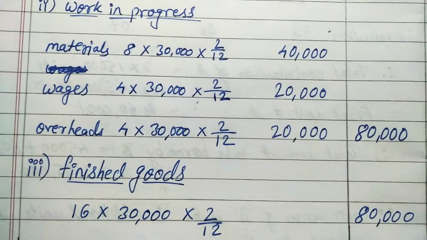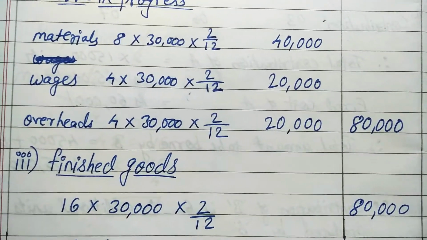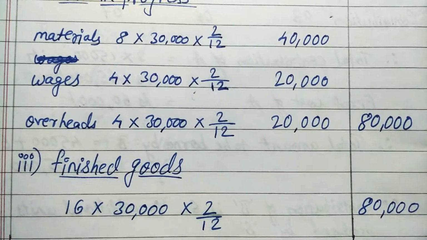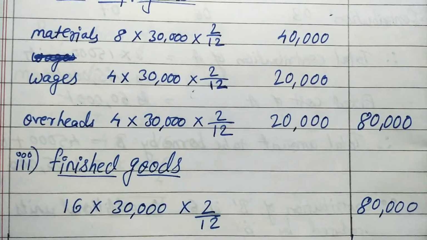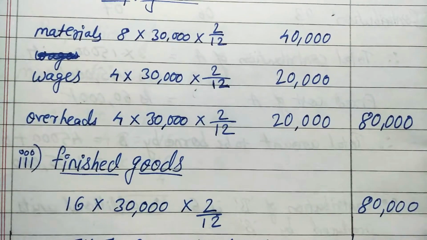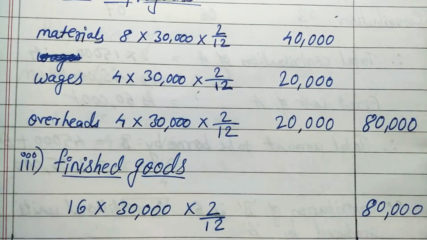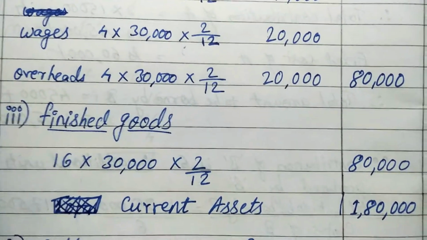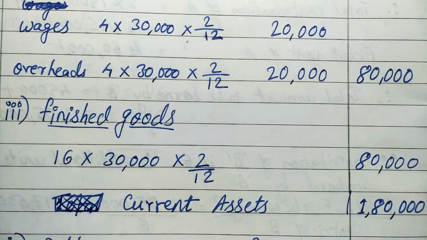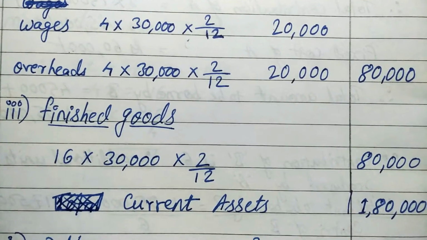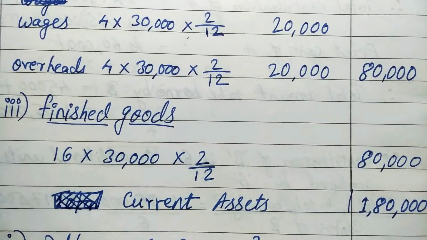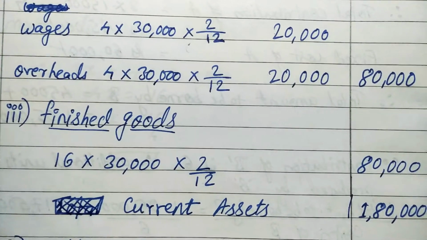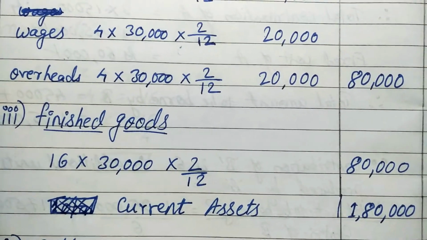Similarly, we know that the finished goods are held in stock for 2 months. Now the value of finished goods is considered as 16. Why 16 and why not 20? 16 is the cost that you are incurring, and we are calculating the cost that you would need in the preparation of the current assets that you should have, and that is why we are considering only the cost and not the selling price. So the finished goods value is 16 rupees multiplied by 30,000 units multiplied by 2 months out of 12 months, which is the holding period of finished goods, given in the question itself. When we multiply this, we again get 80,000 rupees.